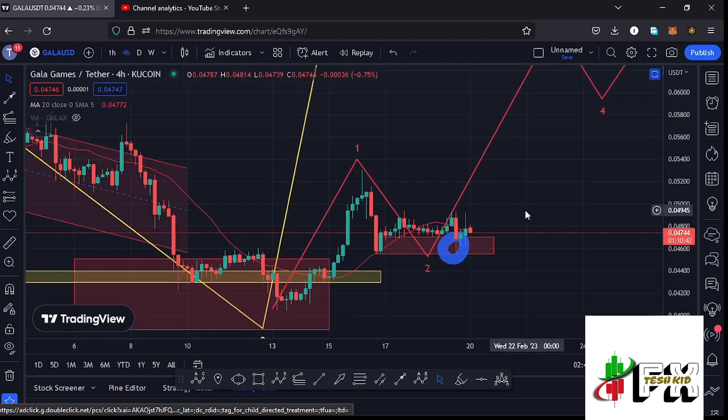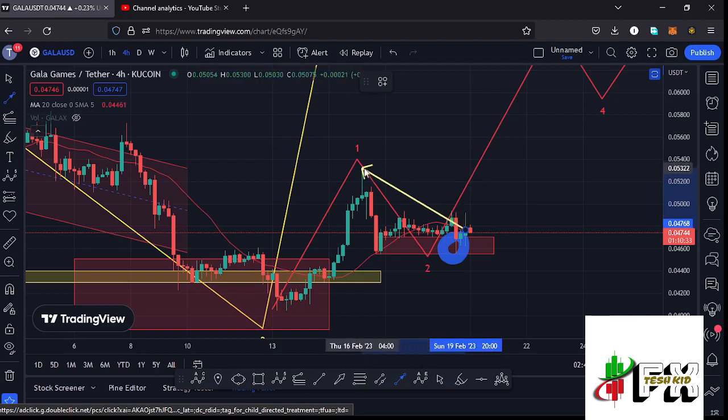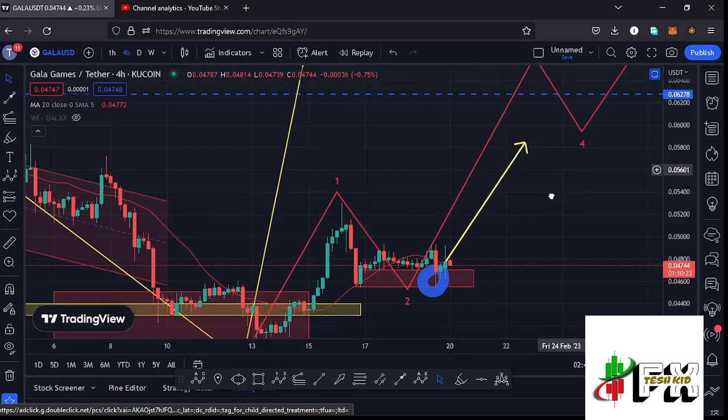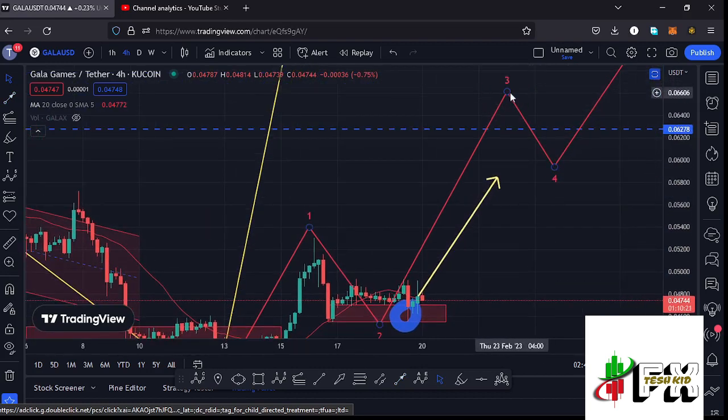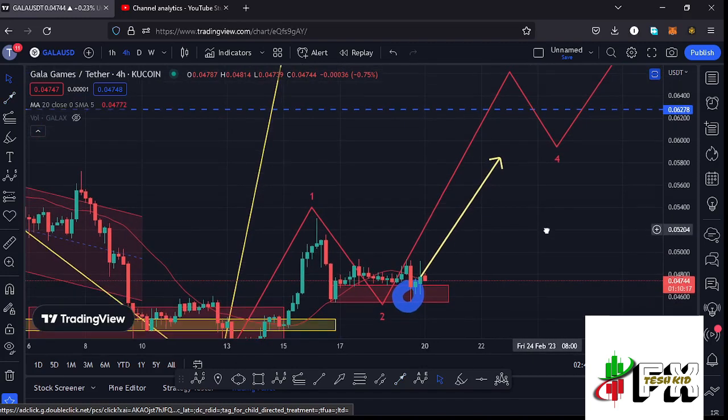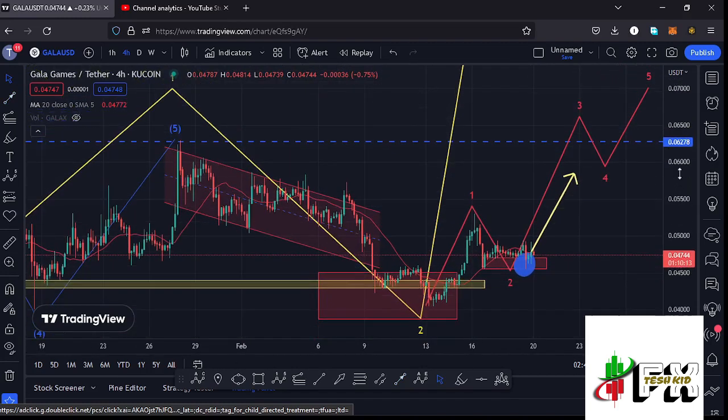And for that move to also play out, we need to continue holding above the 20-day MA so that we can have the support that we need for us to continue pushing even higher, and also expect a break above the wave 1 high at around the $0.05312 mark. And the moment we manage to break above the wave 1 high, then we can continue pushing even higher to fully maximize our target areas at around the $0.06611 mark. And once that is in, then expect a wave 4 and then a wave 5, and that is what I'm expecting here on the short-term scenarios.